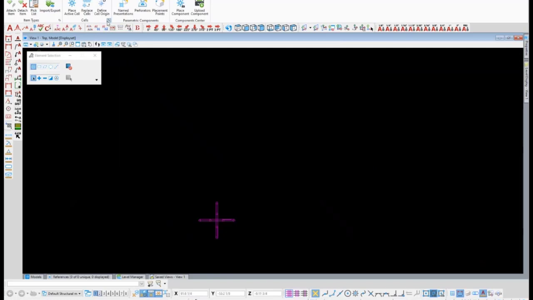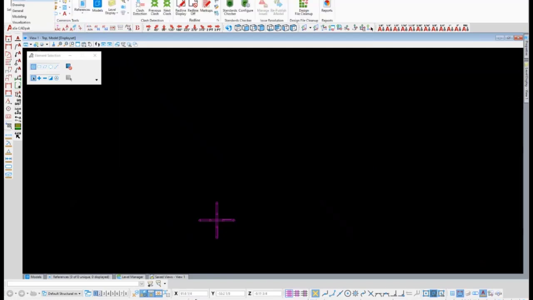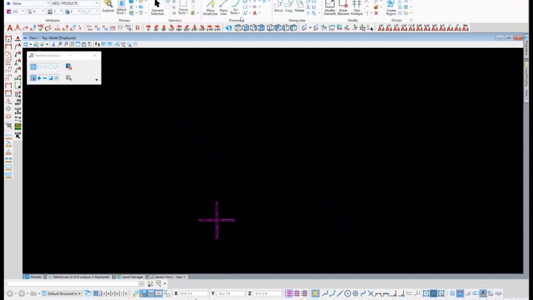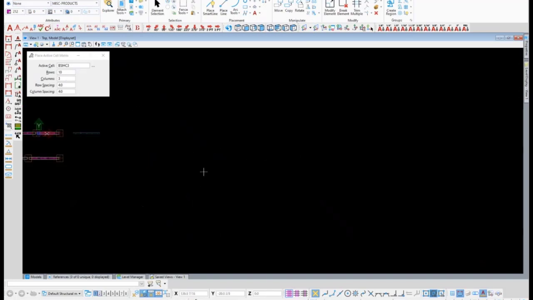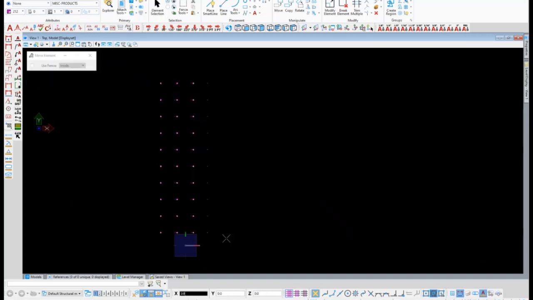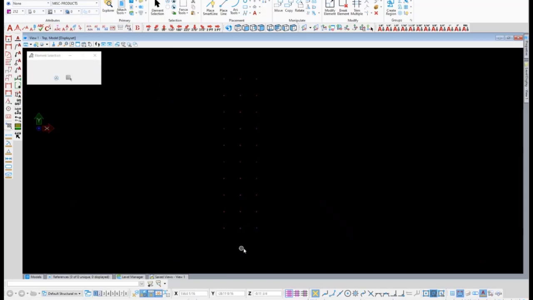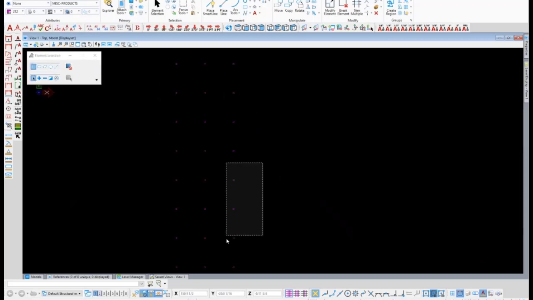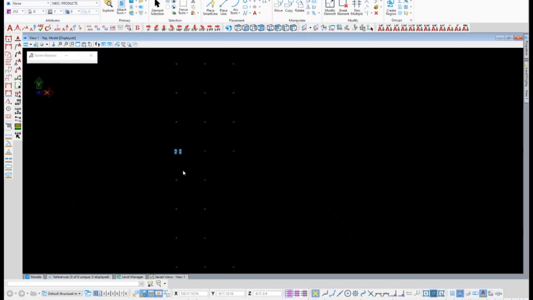Or if I wanted, I can actually place it, and I'm going to go back to drawing because that's where I'm the most familiar. So I'm going to go to drawing, and I can place it by a matrix, right? So let me zoom out and just place. So here's your 4-foot spacing, right? So what you may want to do is slap a whole bunch down on the drawing at the 4-foot spacing. You may want to then just move them, position them over a slab or wherever it is that you need them positioned in. And if you needed to slide some around or delete some out, you can, because these are